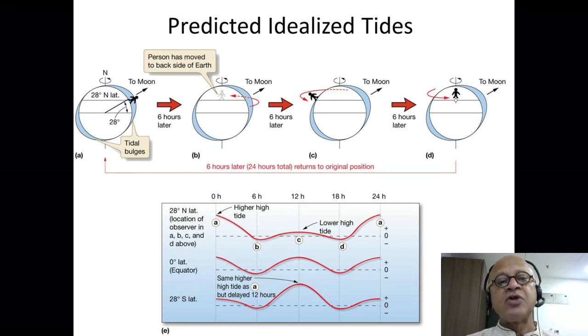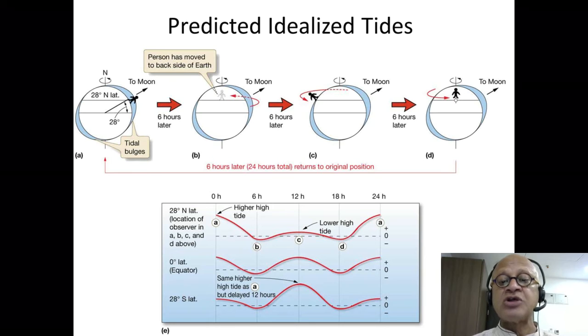So when Gulab Singh comes back on this side 6 hours later in point C, he's in the lower high tide, right? So at 12 hours, you had the higher high tide here. You still are in a high tide, but it's just that Gulab Singh is at a location where the high tide is at its low point. So you have a lower high tide. And then he goes negative again at D, then gets back to A at the higher high tide.